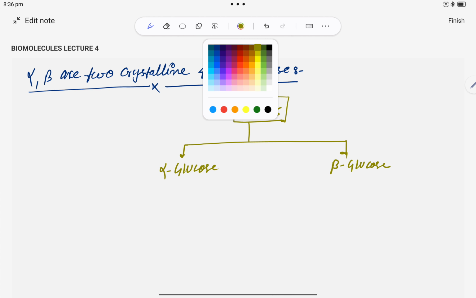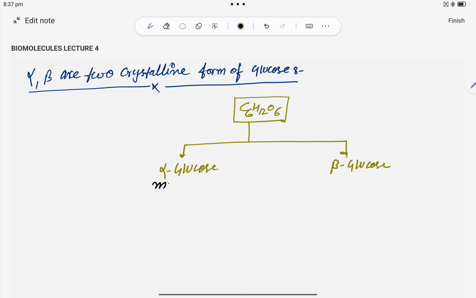Their melting points: for alpha, 419 Kelvin, and here the melting point is 423 Kelvin. If we are talking about preparation,